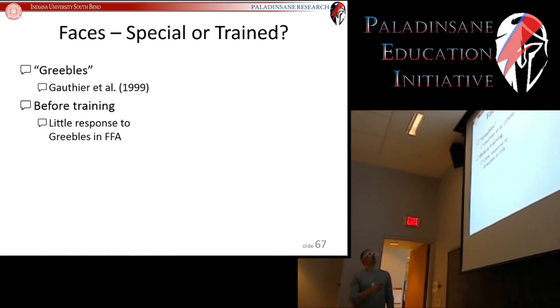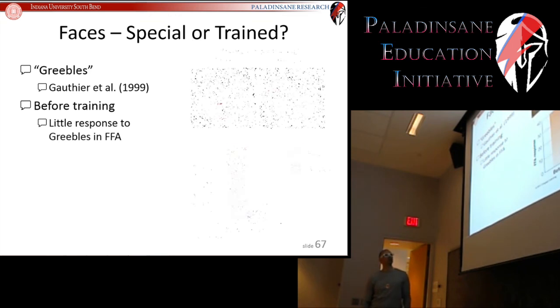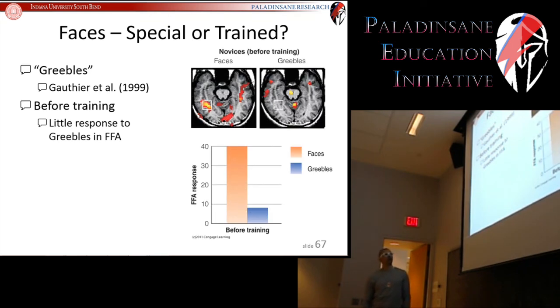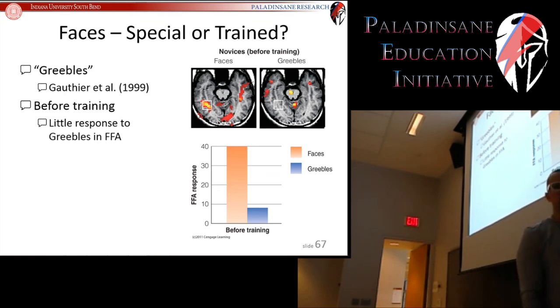But before training, when they had them in that fMRI, when they had them in the brain scan, before they were training, they measured what their responses were to Greebles in that fusiform face area. Those are the results right there. So let's take a look at both of those in turn. So first we have